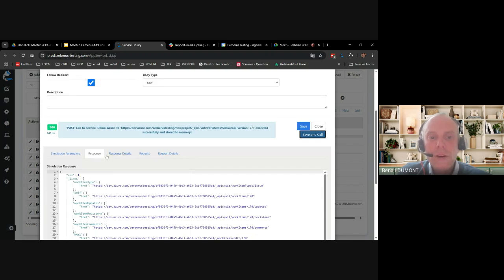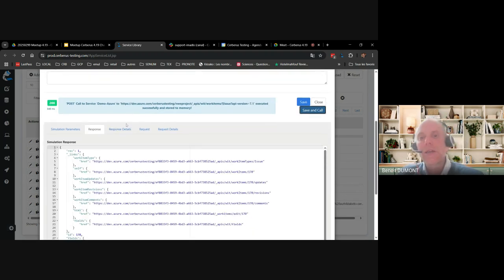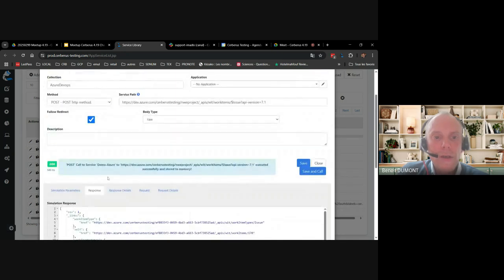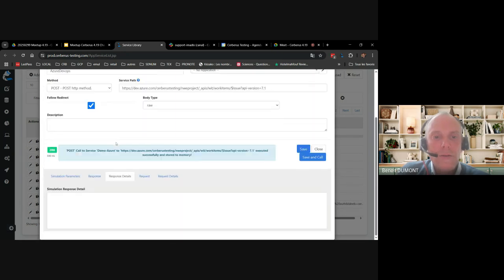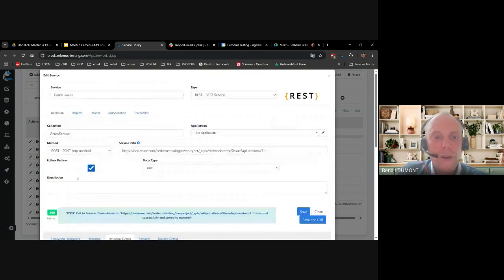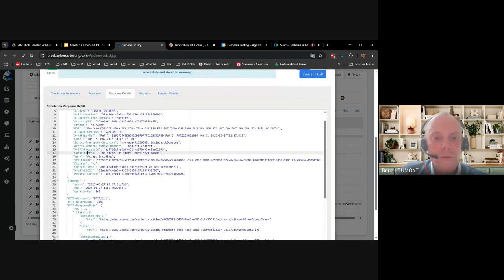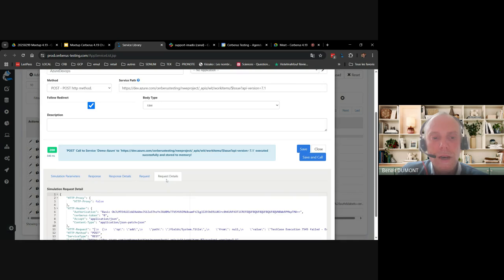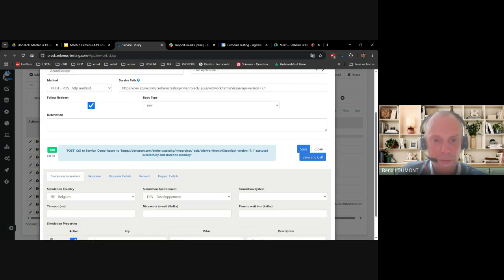And on the bottom, you will find what you usually get inside the test case, all the trace. So here you get the response of the complete call performed. You will get here the detail of the response, including all the header and all the necessary data in terms of header and timing and so on. Then you will get the detail of the request, the detail of the request in terms of header again and all the body that has been put.